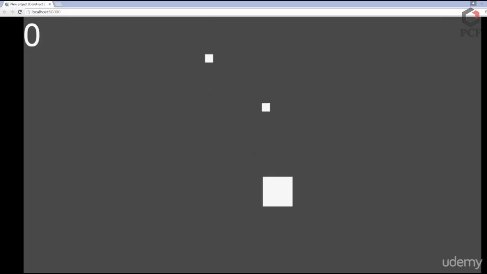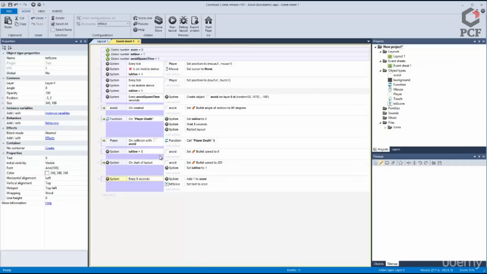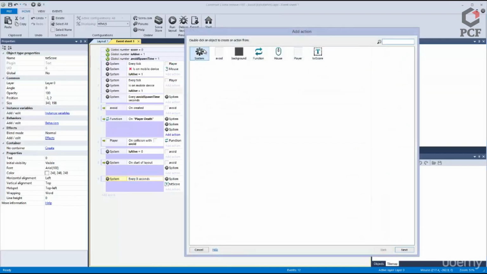So let's just take a look at it. We got 1, and then if we die here, you see that the score keeps going up, and resetting the layout, you can see that score never got reset. So player death, we also need to